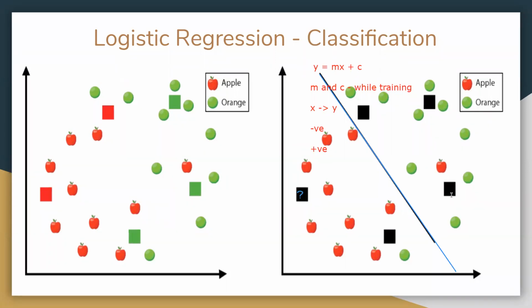Again, in layman's terms, you draw a line and you say whether the test sample is left or right. Based on that, you decide what class it is. Understand? Yes, no, maybe. Again, we will see in depth how you find the m and c values, and how you fit this line. So these things we will see in detail.